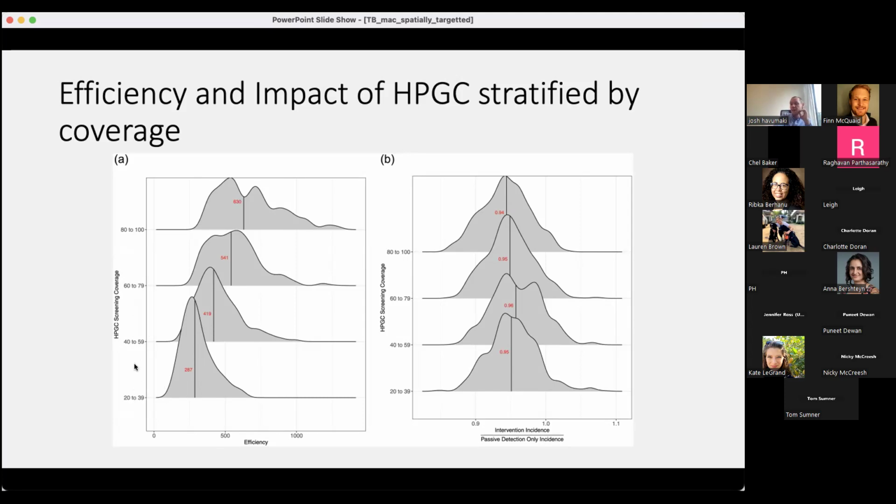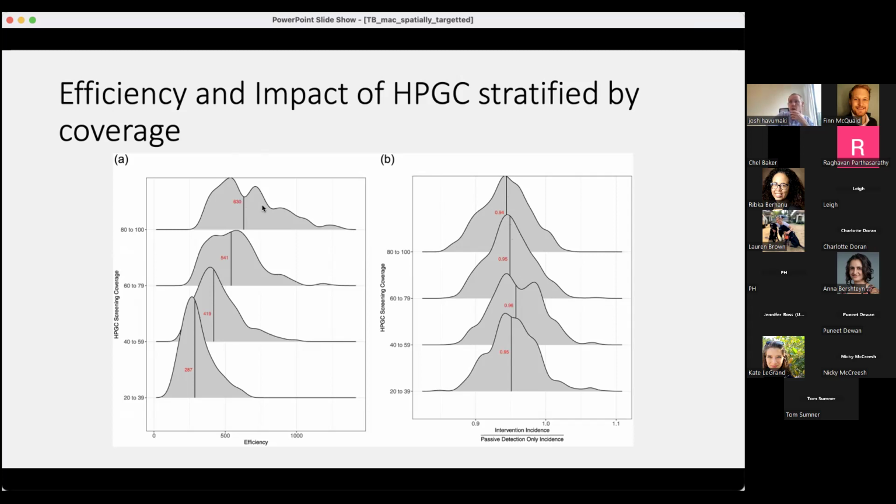So in that given parameter set, if we screen 100 people for each high prevalence grid cell screening run, the efficiency is lower than if we were to screen 20 people. So we're not really gaining; the efficiency is clearly decreasing as we screen more people. Basically the impact is essentially the same. I mean, arguably it is slightly higher when you're screening more people. Just comparing the medians here, you get a median of 1% lower incidence in these simulated